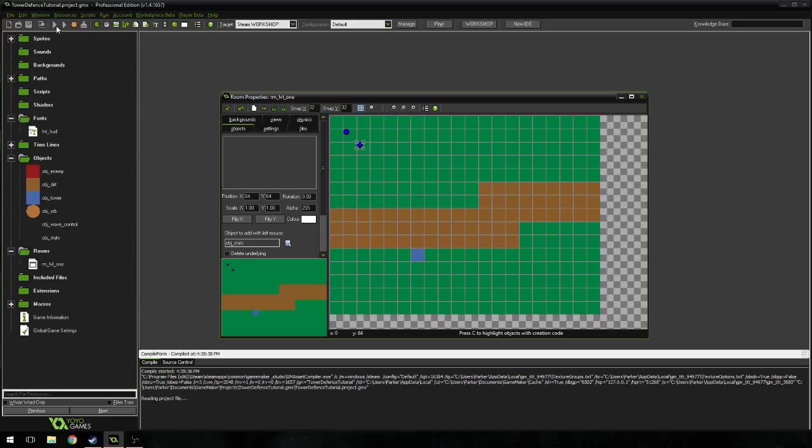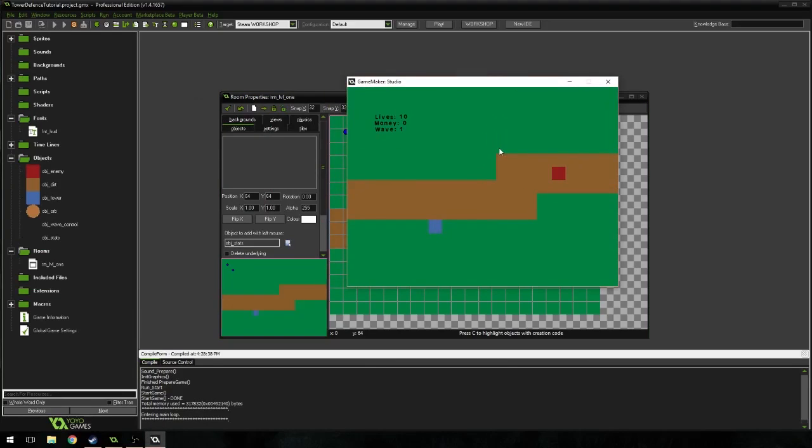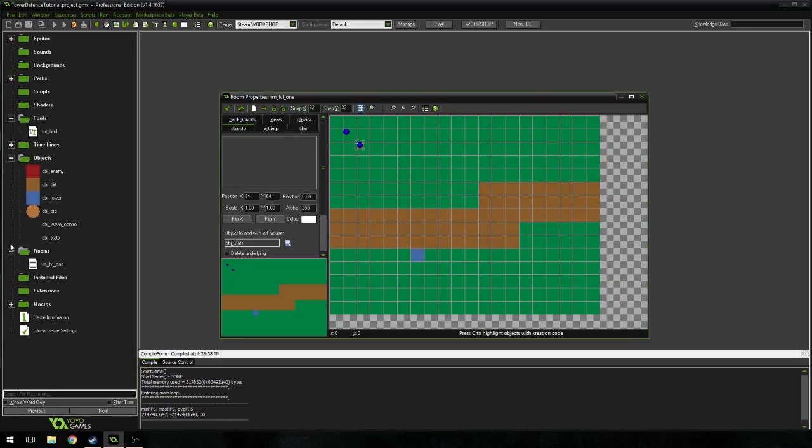Man, I wish I could find a way to make that run almost instantly. Maybe debug mode, I don't know if that works. Oh, we didn't. Okay,